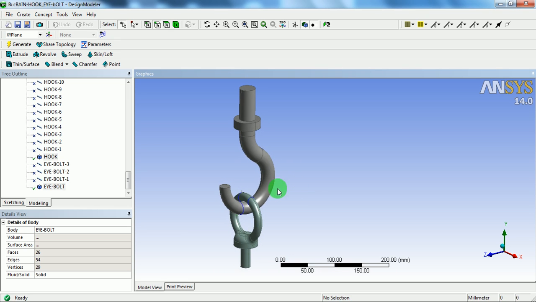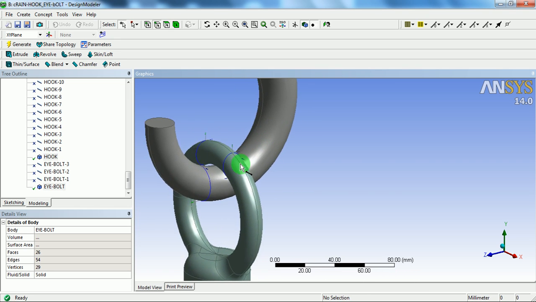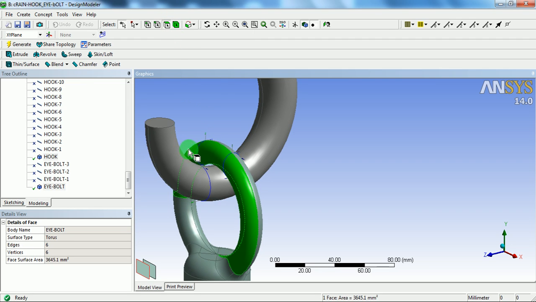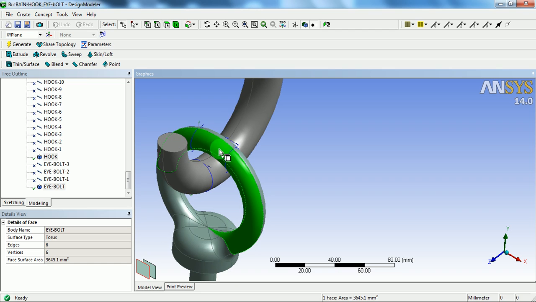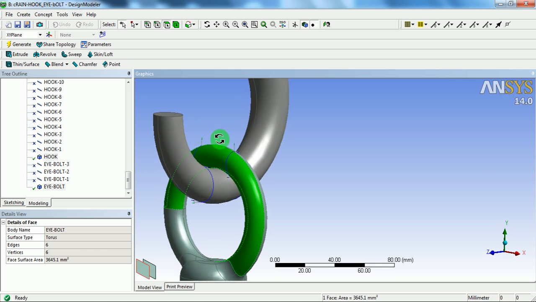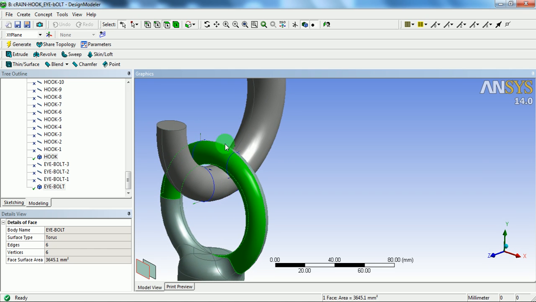Now what needs to be done is split the surface. I will show you the surface here. This is the complete surface boundary. This needs to be split between these 2 curves so that the contact element formulation or the contact elements can be refined over this area, and contact can only be defined in this area, hence reducing the computation time. The contact can be defined between 2 bodies, but to save the computation time, the splitting of the surface is a must.